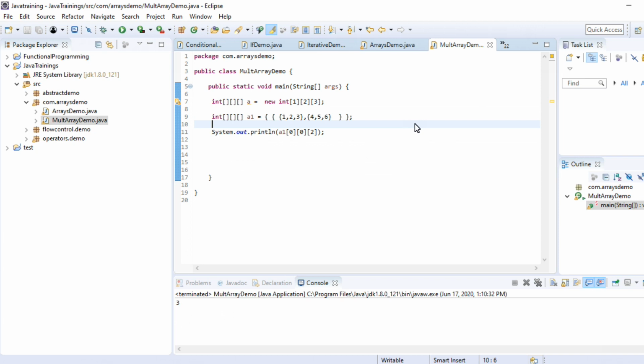So we'll meet in the next video with another topic. Please try to practice more on arrays so that you will get a better understanding. If you don't know control flows, here I am using for loop, right? So if you are not aware of for loop, please go through my previous video on control flows. There I explained for loop and while loop and all these things.